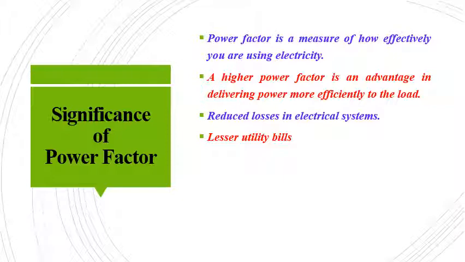So that's all about active, reactive and apparent power as well as the power factor. Always keep in mind that active, reactive and apparent power come into the picture only in an AC circuit. In the case of a DC circuit, there is no concept like active power or reactive power, because the entire power supplied is used for consumption. There are no reactive elements that come into play in a DC network. The effect of L and C only comes in the case of an AC network. So that's the end of this video lecture.